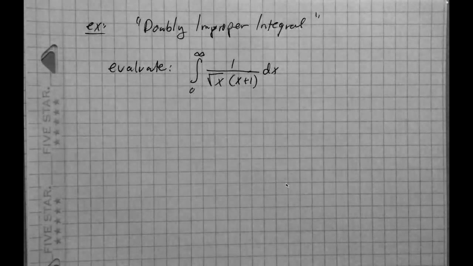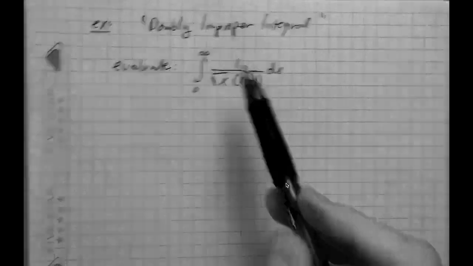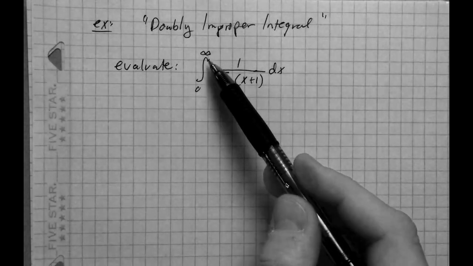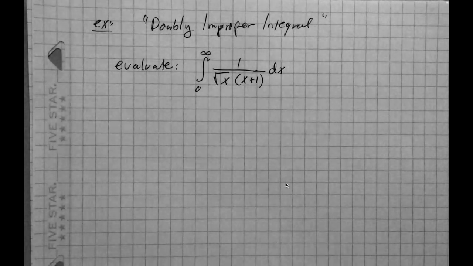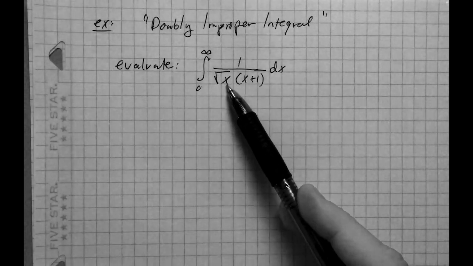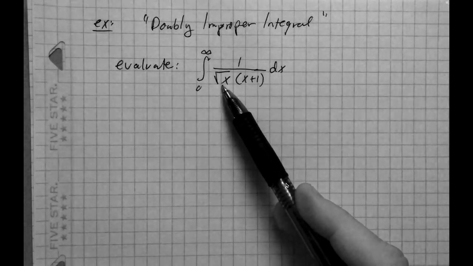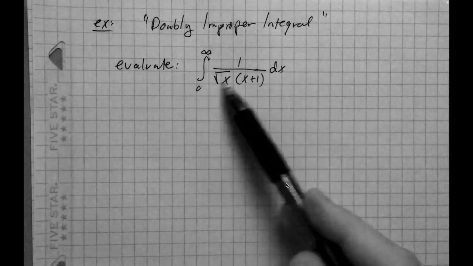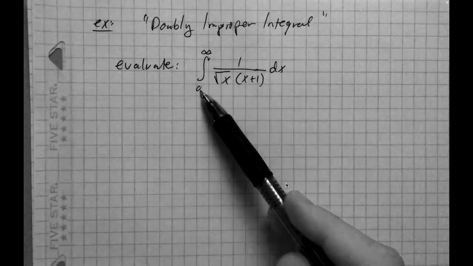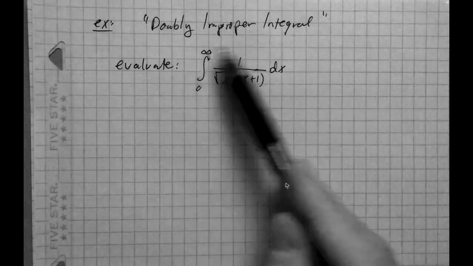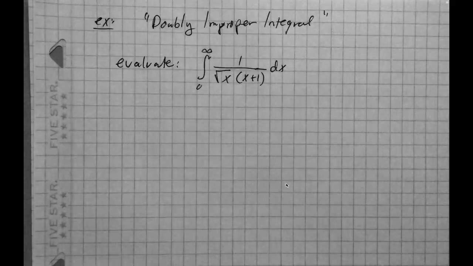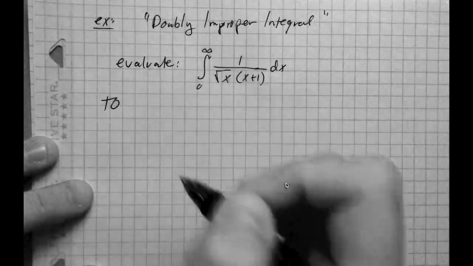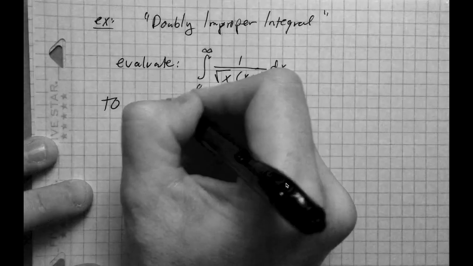Okay, so this is improper in the sense that we've got an infinite upper integration limit. We also have a problem at 0, meaning this lower bound is problematic as well. Here we have an infinite discontinuity. So we've got two problems here. So to evaluate this,